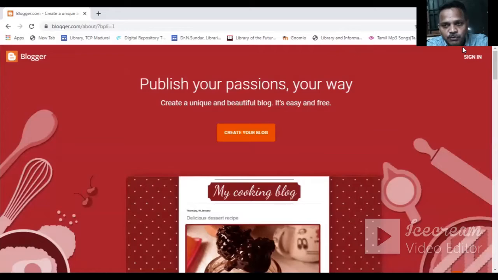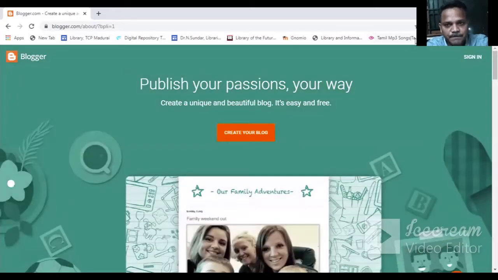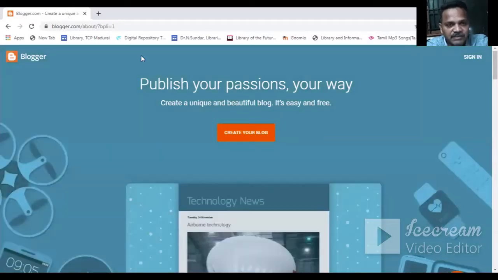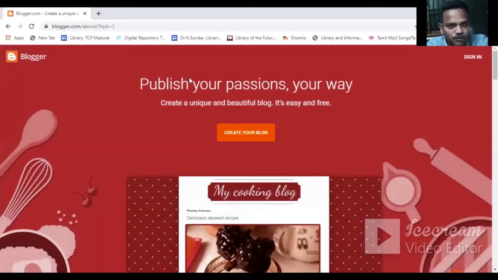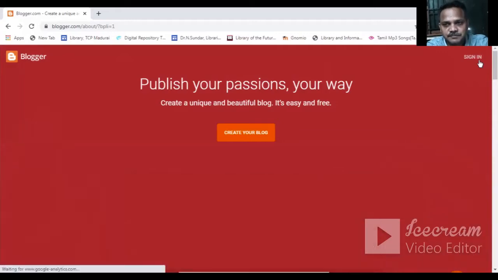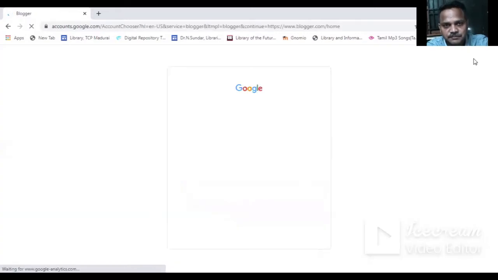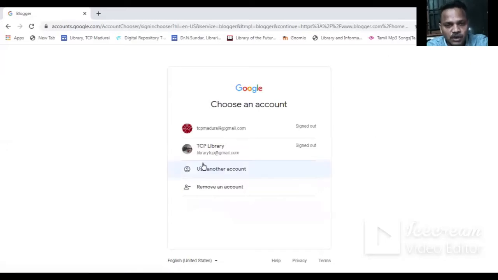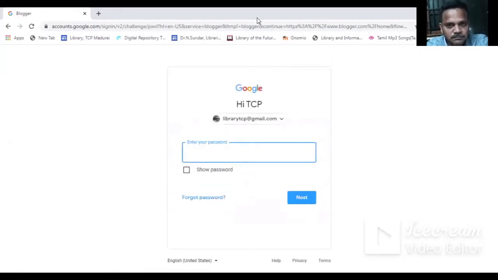Once you land, you will have this page with the logo of Blogger. On the right-hand side at the top, you will see the sign-in option. Click on this sign-in option. You may use your Google account. I personally wish you to use a Google account. I'm using my library account.